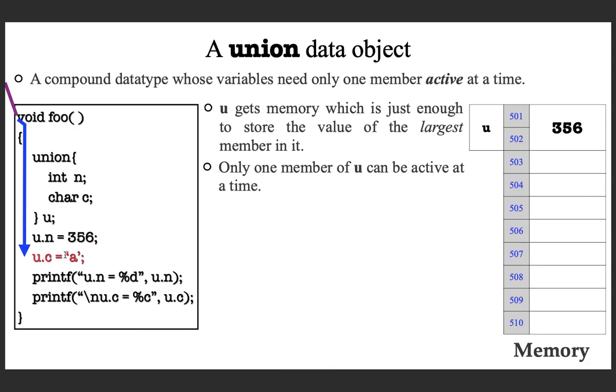Now you are at the next statement, where you are trying to assign the character constant A to the c field of the variable u. So it's very important what is going to happen. Can you guess, if I execute this particular statement, what will happen? Note that the ASCII value of A is 65. Okay, if that is 65, only 1 byte is required for the character. So what will be assigned?